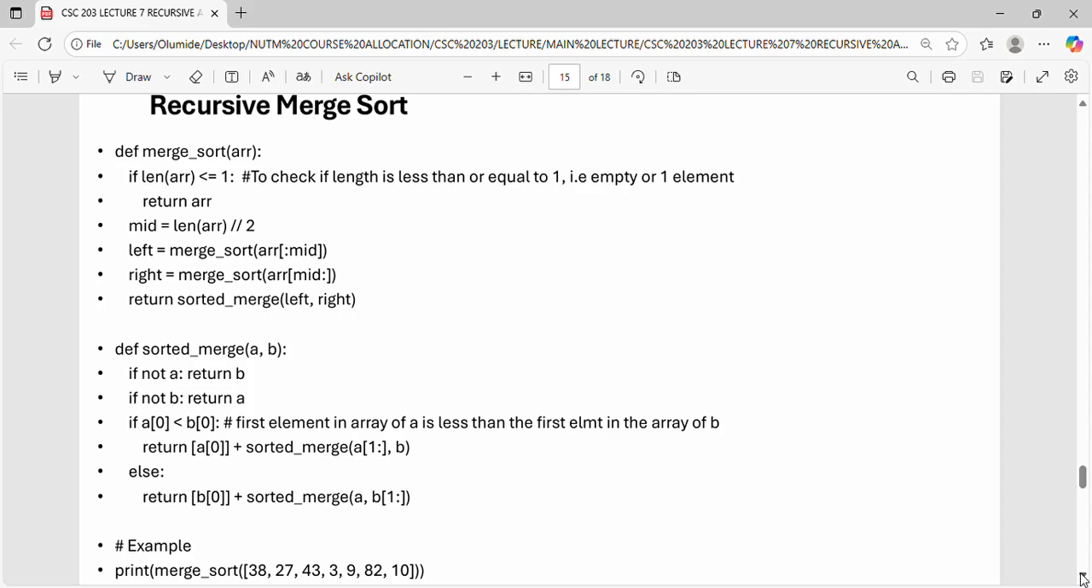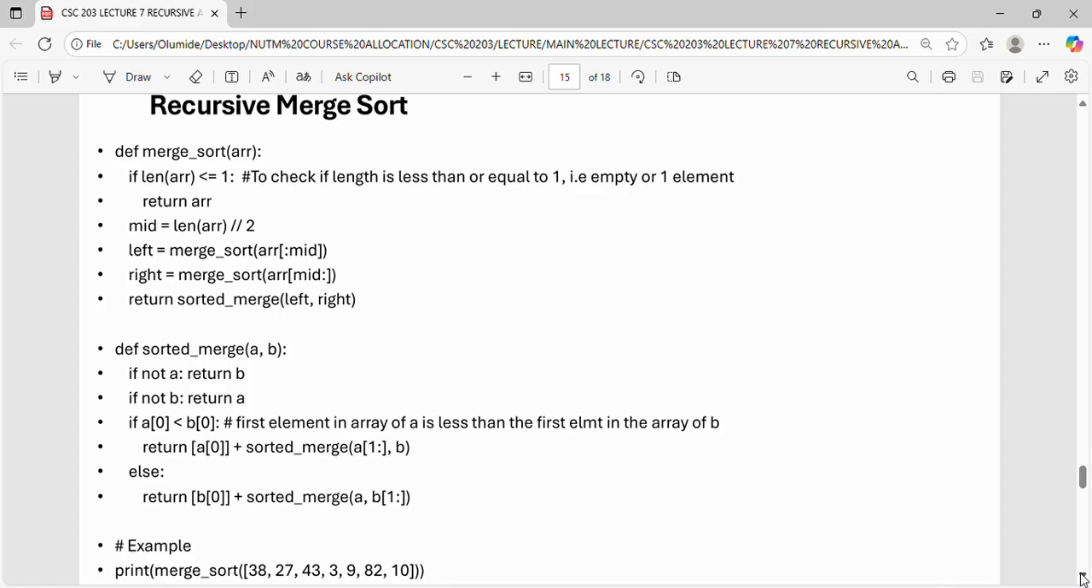Now def sort merge of A, B. So if not A, return B. If not B, return A. If A of 0 is less than B of 0, that is, if the first element in array A is less than the first element in array B, what do you return? Return A plus sort merge of A